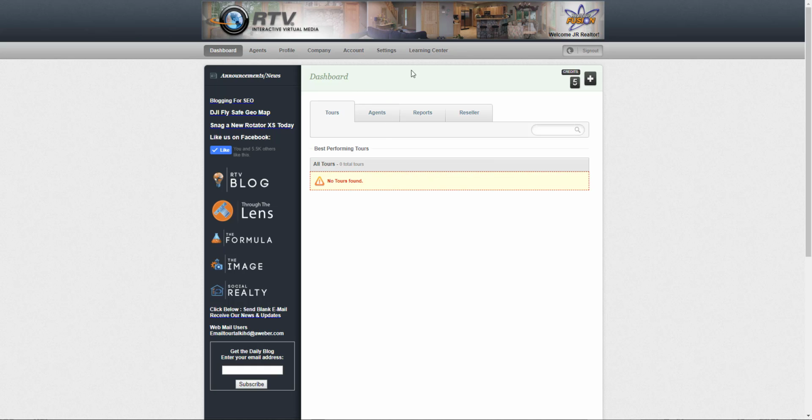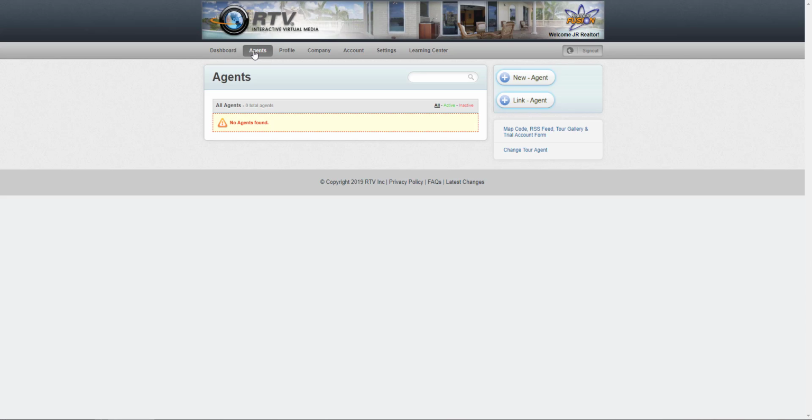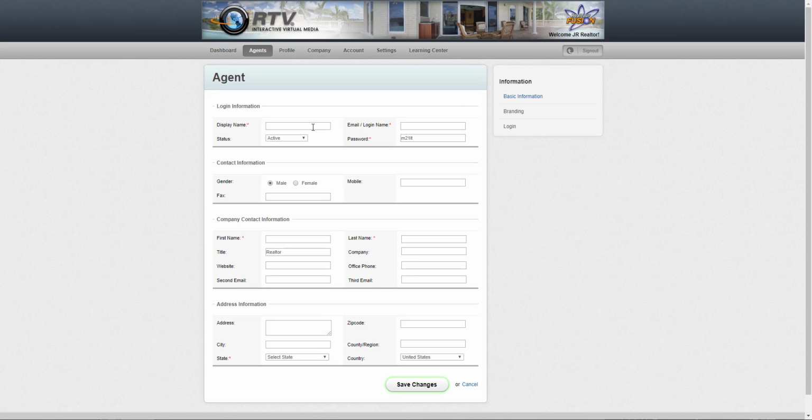So once you get logged in here, the first thing you're going to need to do is click on this Agents tab, since you need to have agent profiles in order to create a tour. You'll see at this point with the new account, we've got no agents. So we'll just need to come over here and do a new agent. And you need to fill out everything here with a red star. So we'll just go ahead and put some